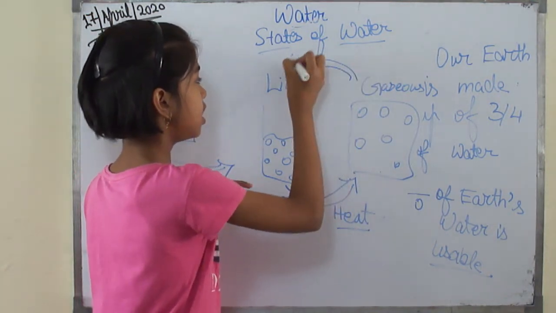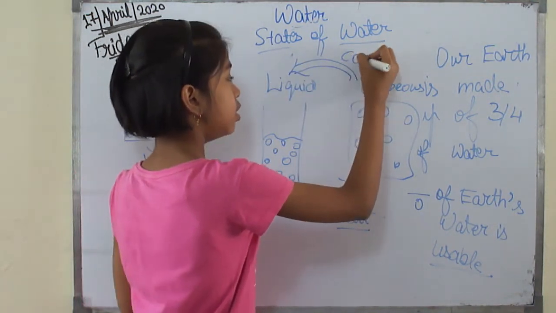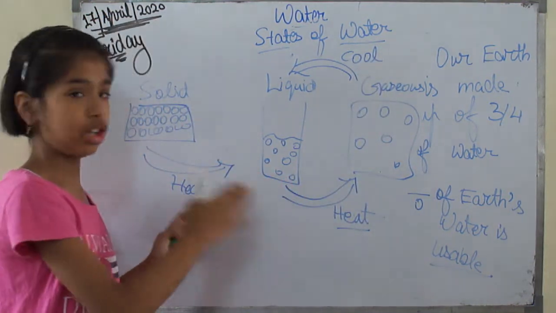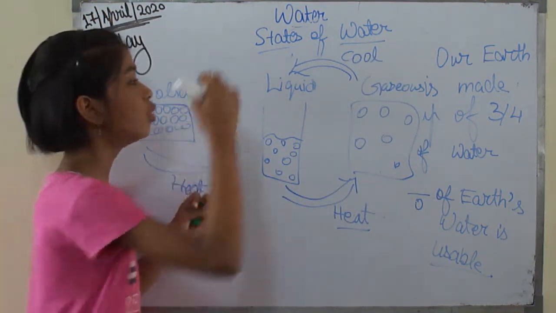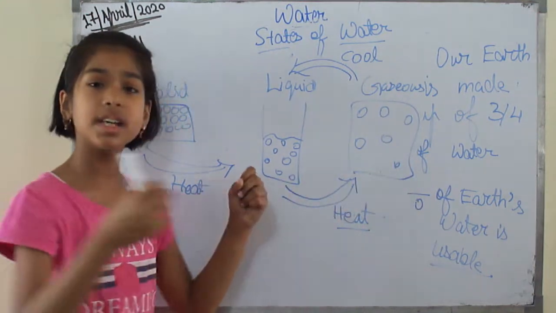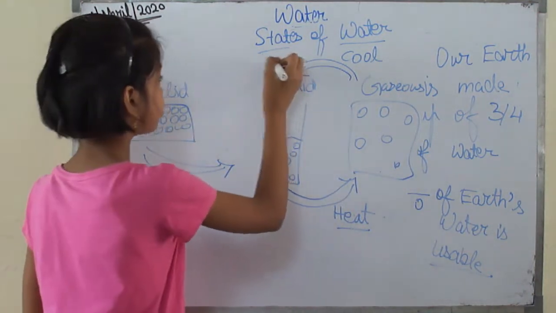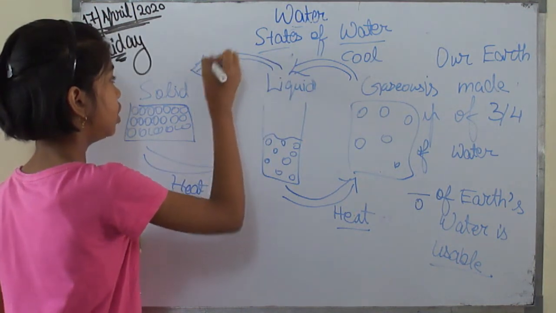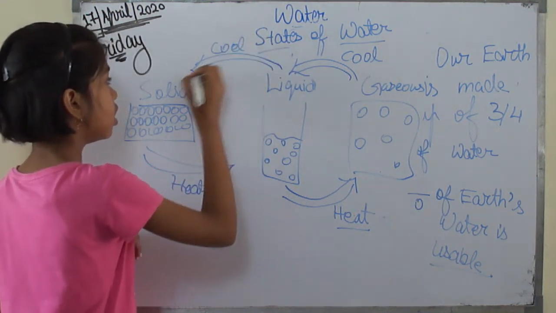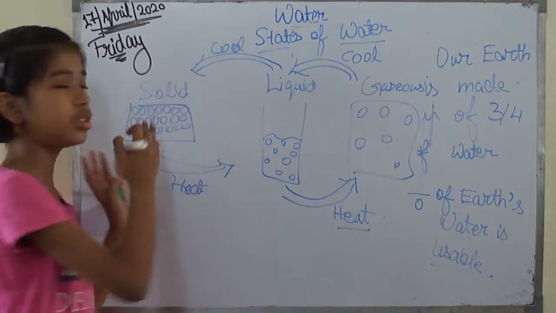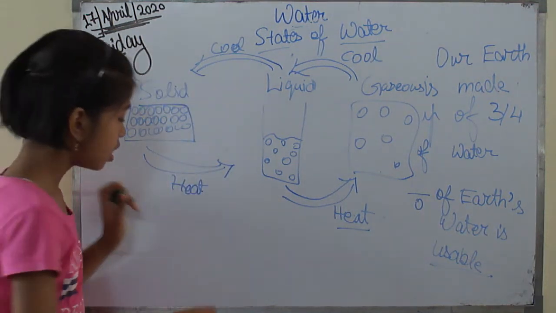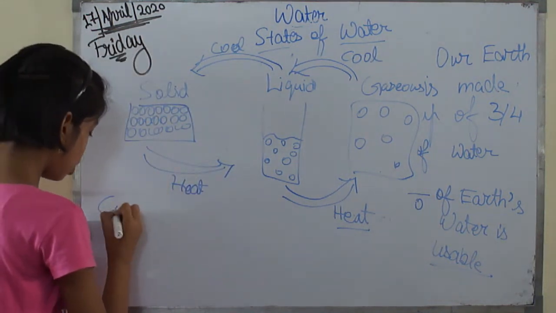So if I cool this, you know that if I am heating the molecules, they are getting far, and if I cool that, they start getting closer to each other. So they get close here, and then again if I cool this liquid also, it will get into the solid form. That means on cooling,